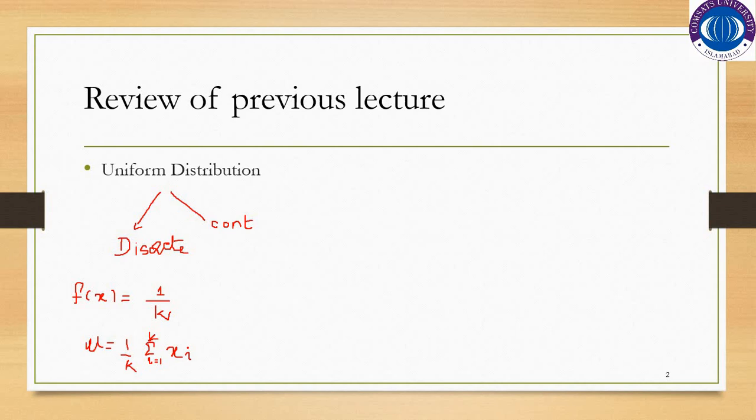So this is the mean of the discrete uniform distribution, whereas variance is equal to